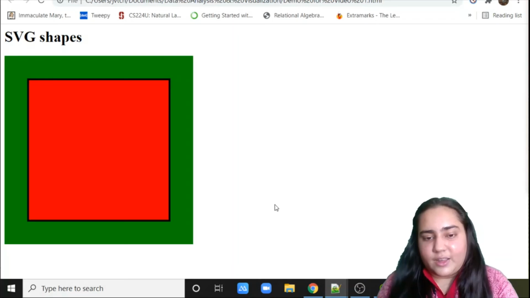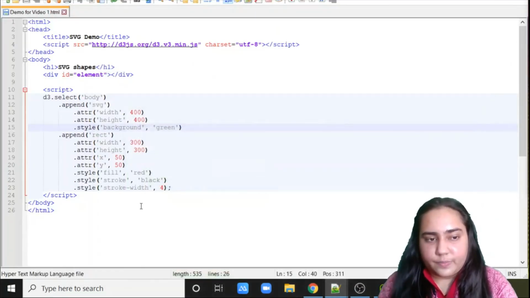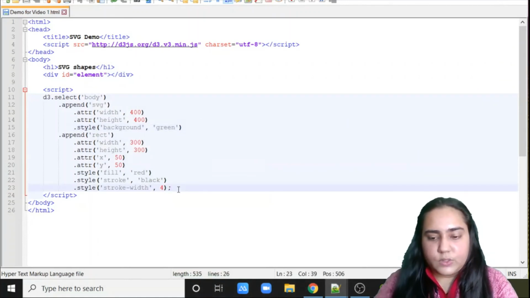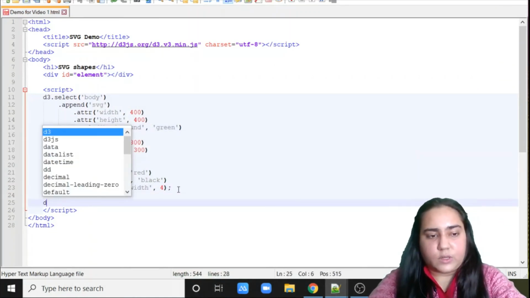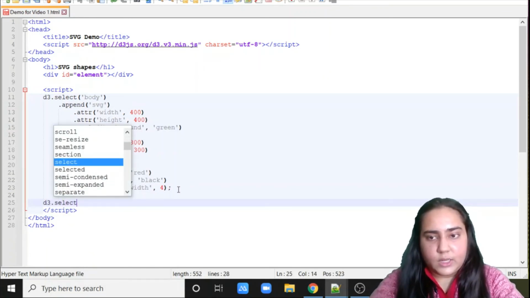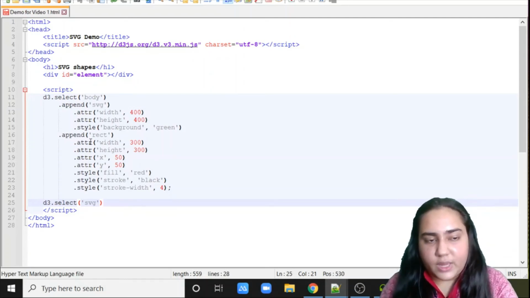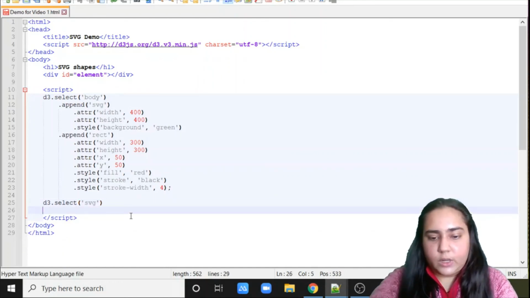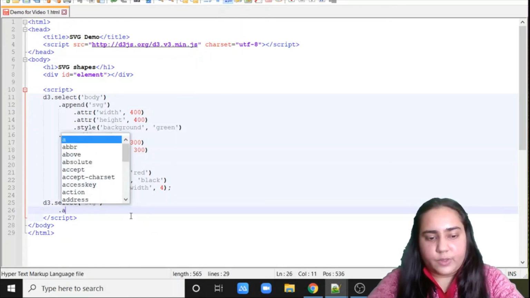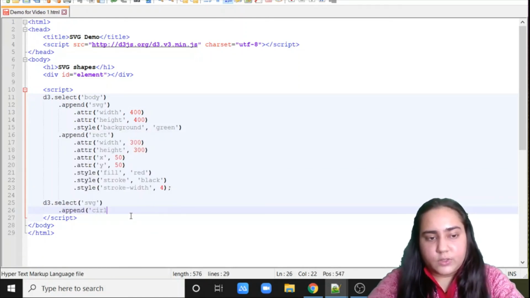Now let's go ahead and add a circle just in the same way as we added a rectangle. So to do that, you just have to create another D3.select. So D3.select. This time you will just select SVG because you have already appended SVG. Now you don't need to call SVG all over again. You don't need to append it because it's already there. So you don't have to do body and then SVG. SVG is there. Now what do you want to do? You want to append to it a circle. So just write here